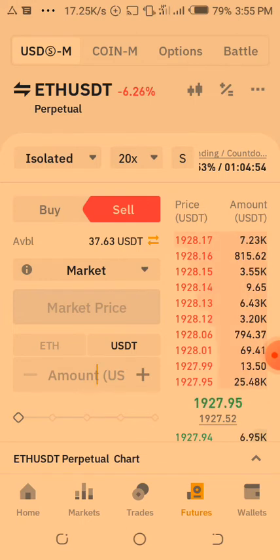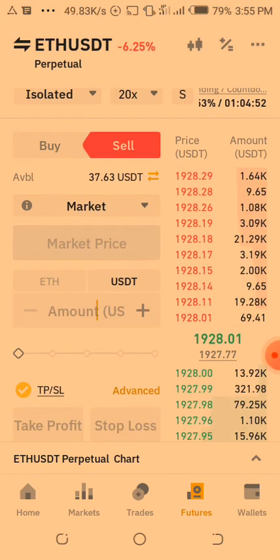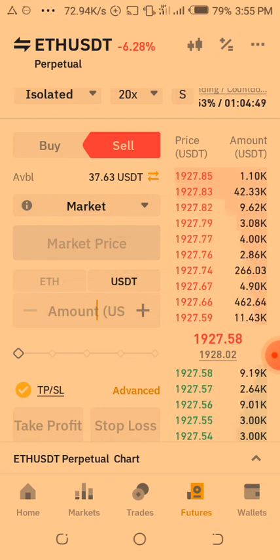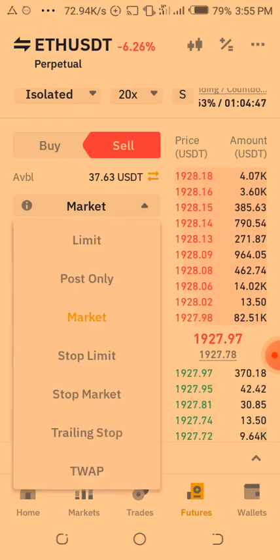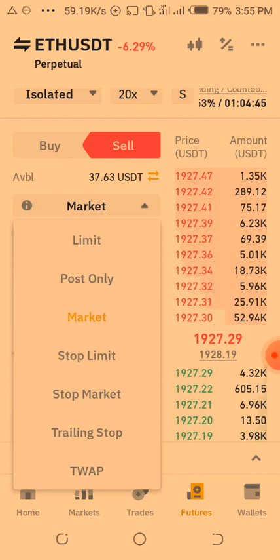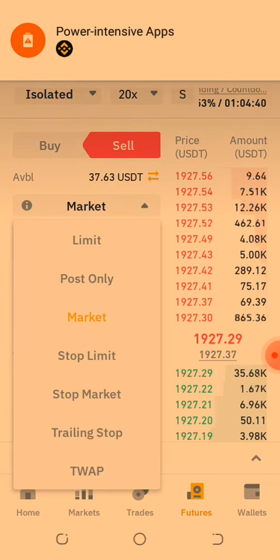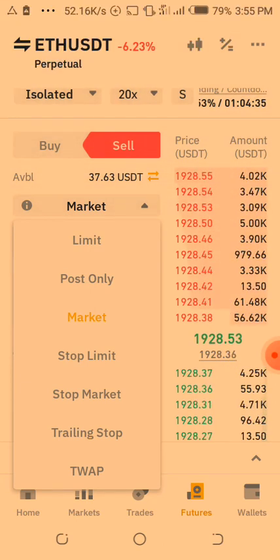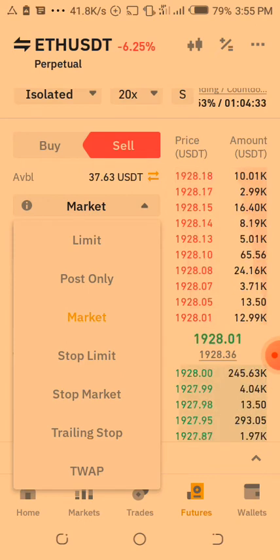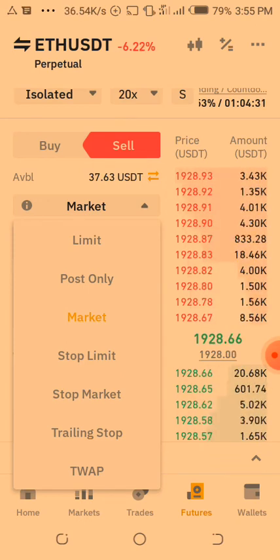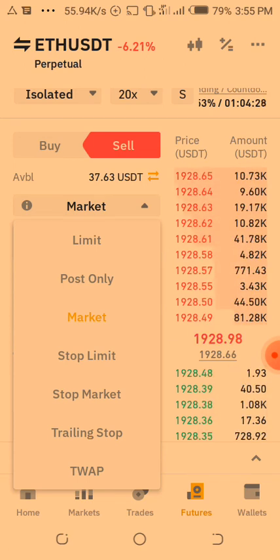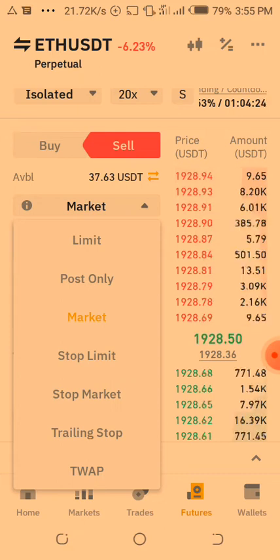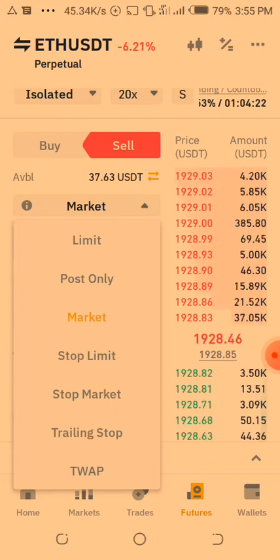All right, and down here you have market. Now, if you tap on the down arrow, you see limit, post only, market, stop limit, stop market, trailing stop, and TWAP. Now starting from the first, what limit implies is this: as this trade is going now, ETH is at 1928.98 USDT. Assuming you want to long this coin, or this pair,